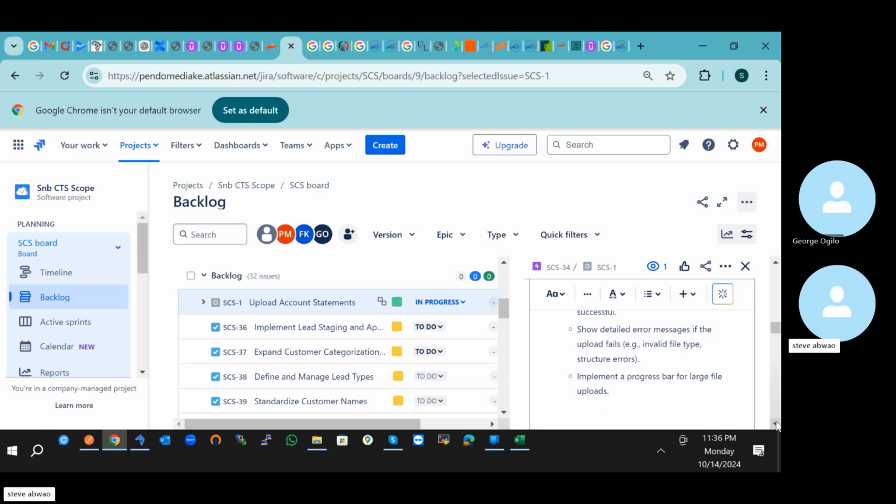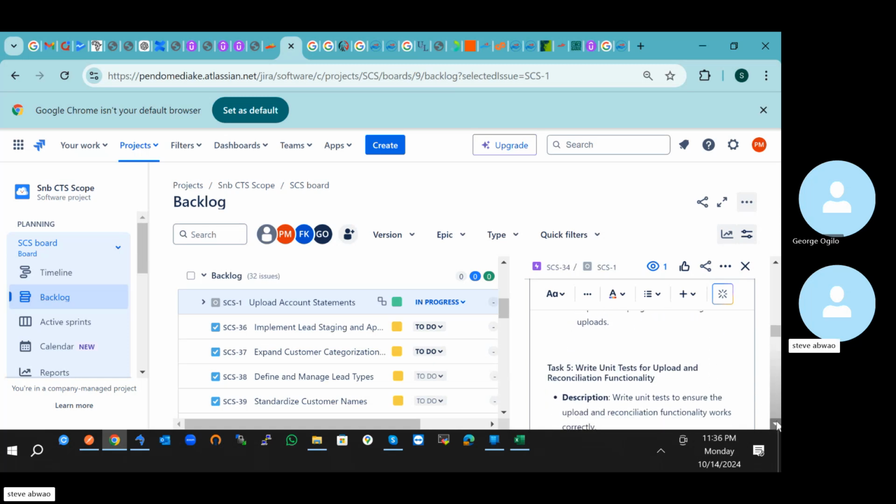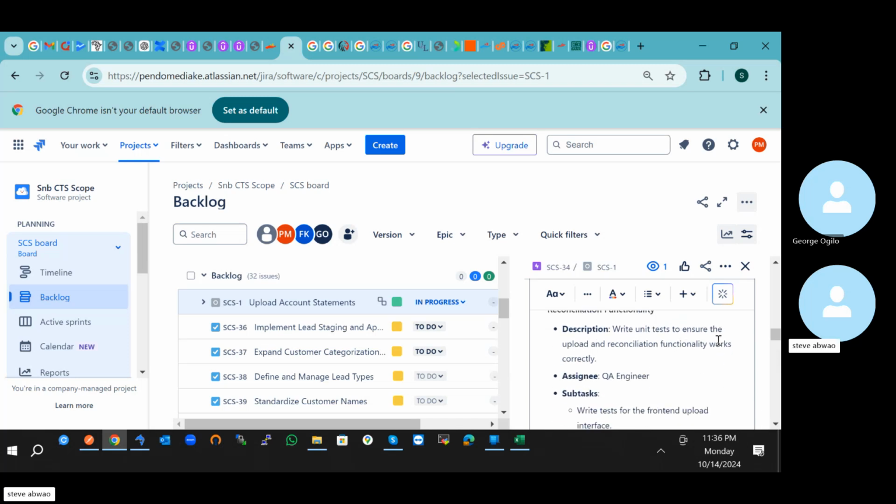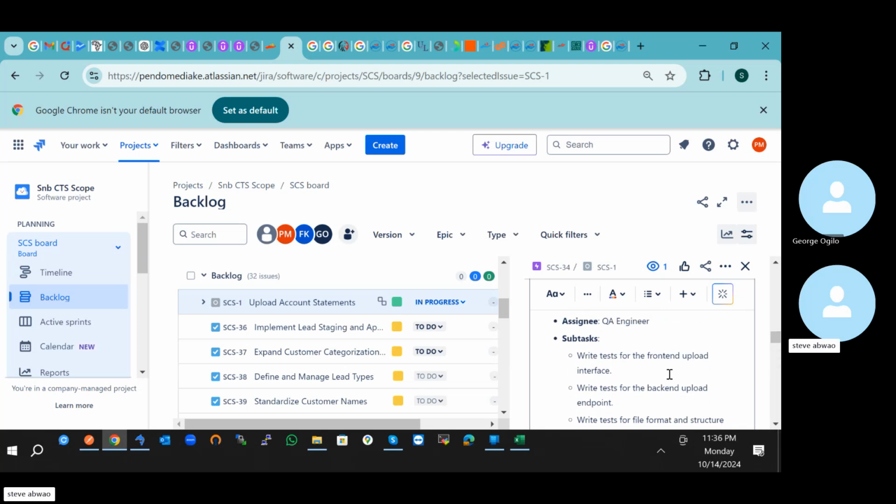You can access this in Jira by the way. So implement the progress bar. Then write unit tests for the upload reconciliation functionality. So this is: write a unit test to ensure the upload and the reconciliation functionality works. So your upload, that's step 1. Then step 2 will be reconcile. So write test for the front-end upload interface, write test for the back-end upload endpoint,